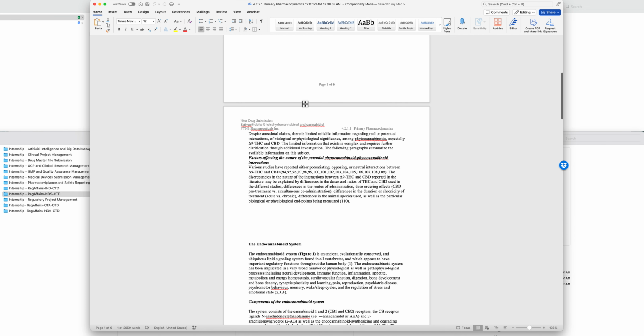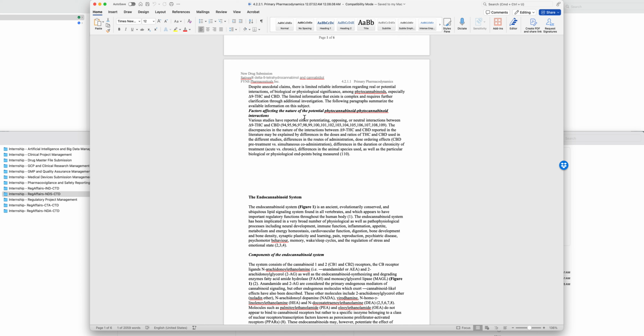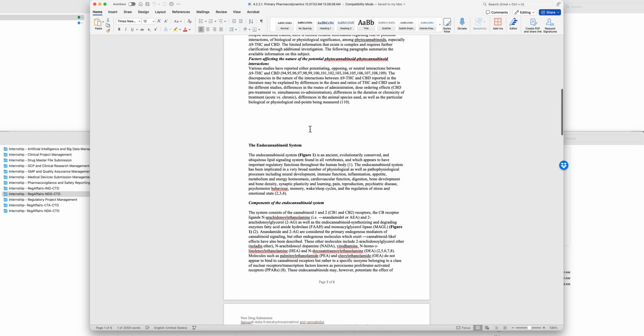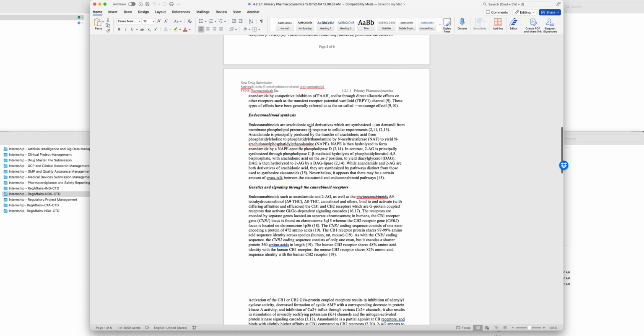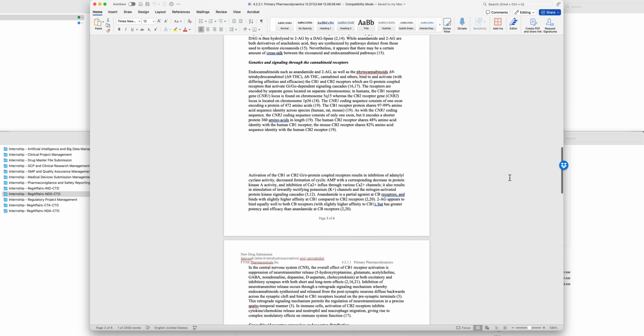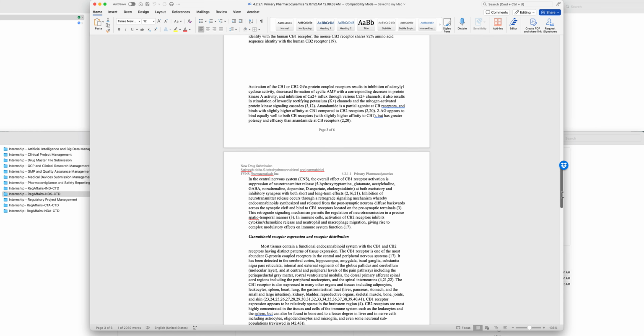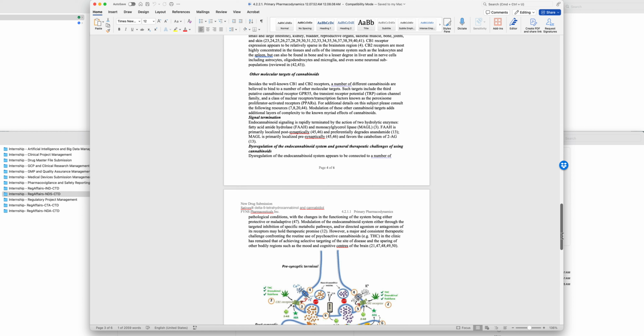module. So you see here we are having a type of summary, but it's not just a summary. The summary should go to Module 2. So here, this information is much more in depth. And this is, as I told you, as per all of the studies that we already conducted or performed for the primary pharmacology. So here for this drug, this is another 6-page document about the primary